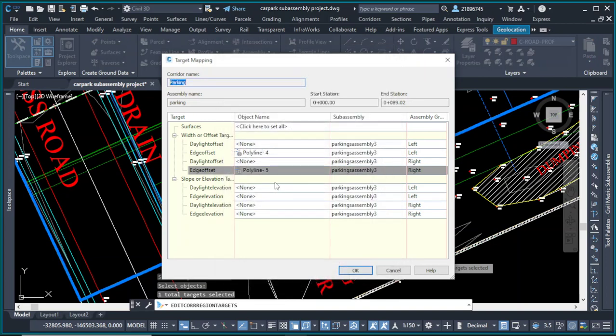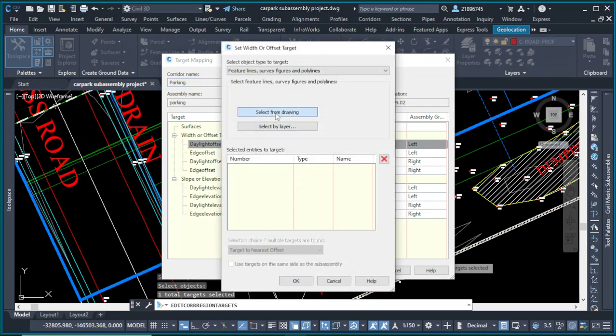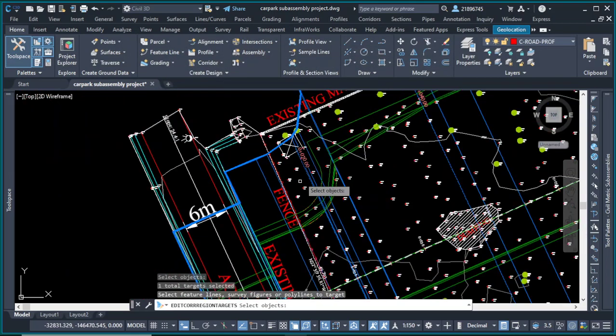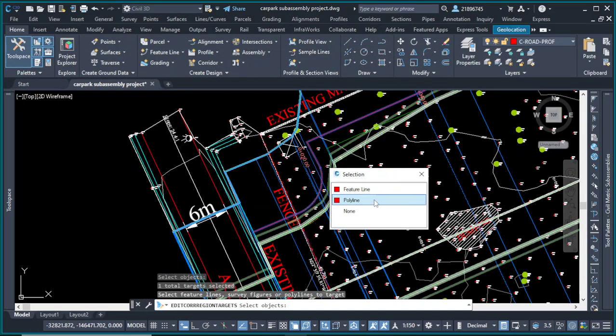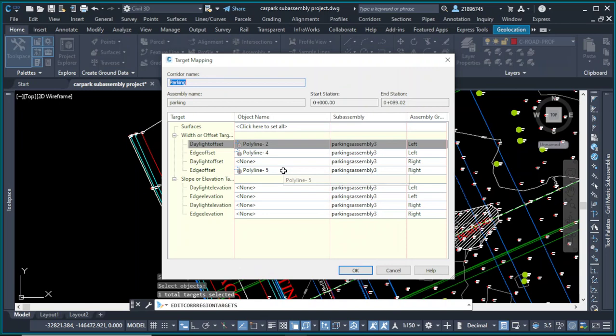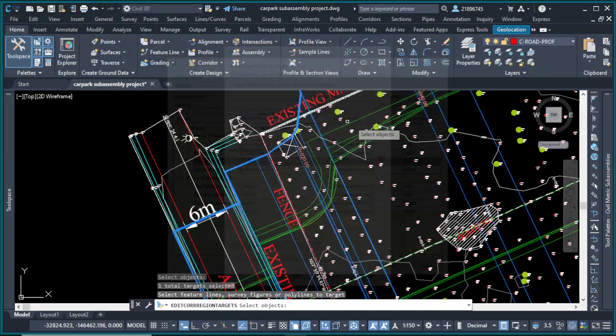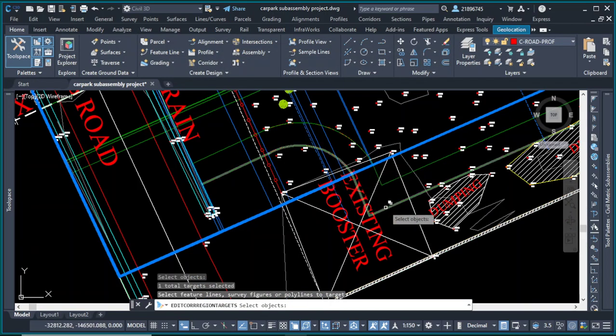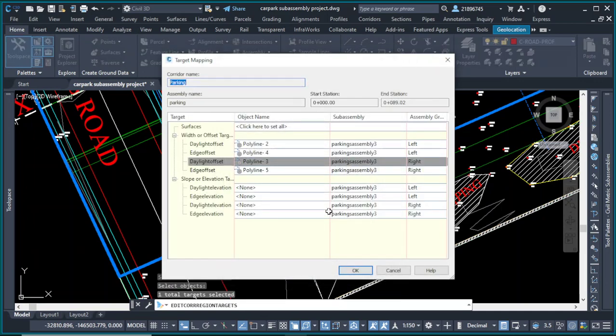Okay, and then we also need to use the daylight offset. So let us pick the left, just use the polyline here, and the right, select, and you use the polyline. Okay, so